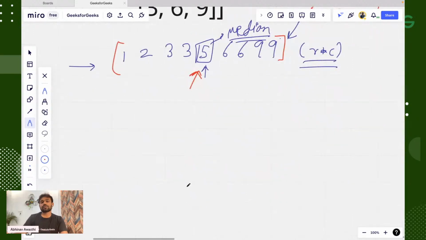And let's say that there were 6 elements, these are the only elements. In that case R into C was 6, so 6 by 2 is 3. So means